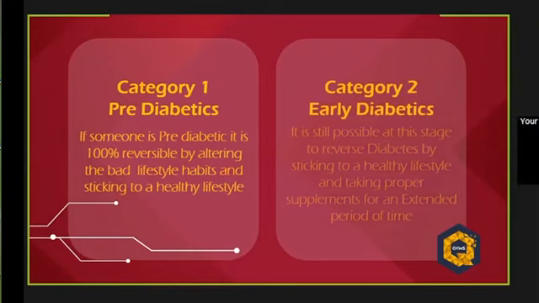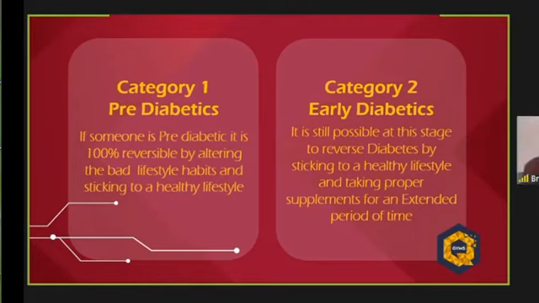Now, category two would be early diabetics, and these are people who have had diabetes for, let's say, less than 5 years. I would even say less than 10 years, because the funny thing about diabetes is it doesn't have an immediate side effect. I can have diabetes and not know it until I have some other disease and go to the hospital and they say, oh, wait, you have diabetes. And that could be 5 years later, right? So most people don't discover early enough that they are diabetic or pre-diabetic.